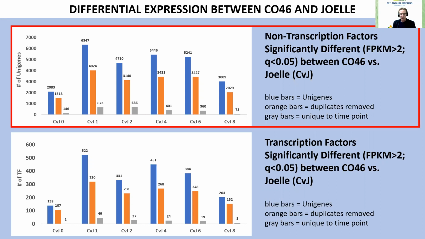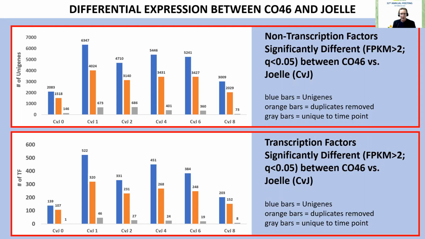6,347 non-transcription factors, which are shown in the upper graph, and between 139 and 522 transcription factors, shown in the lower graph, that were differentially expressed between the spring and the winter biotype in response to cold acclimation, which are represented by the blue bars in each graph. After removing transcripts showing duplicate annotations to identical Arabidopsis genes, which are represented by the orange bars, we sorted transcripts by those with log2 values greater than or less than 2, which represents a 4-fold increase or decrease in expression in the winter biotype compared with the spring biotype, and used that set of transcripts to conduct gene set enrichment analyses.